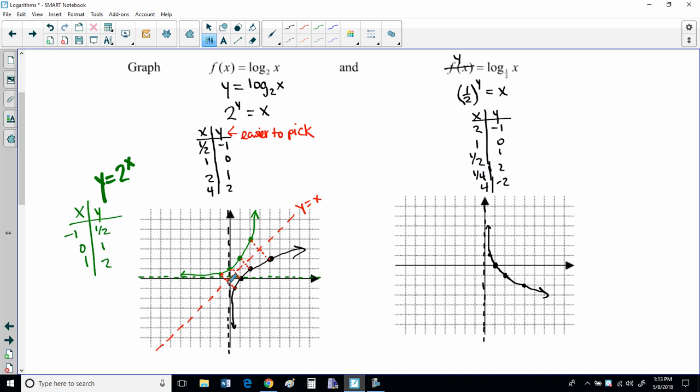Okay? All right. And if you want to, you can graph 1/2 to the x equals y and try that one out. And they will, again, be flipped right across the line y equals x. They're not going to flip across this one. It's tempting to go, oh, then that one's going to be here. No, it's across the line y equals x. So this point goes to here. This point goes to there. Okay. All right. Anywho,